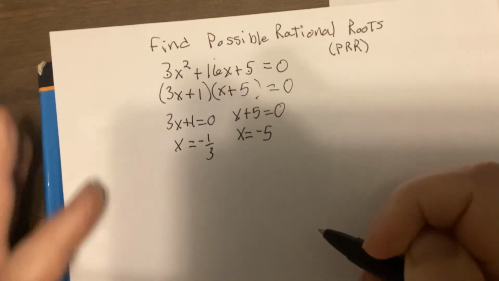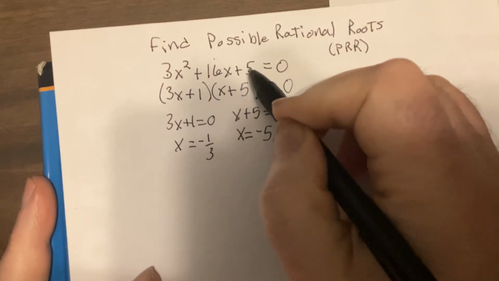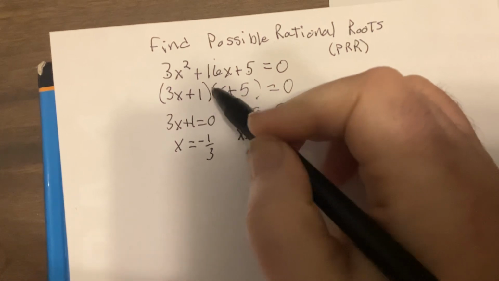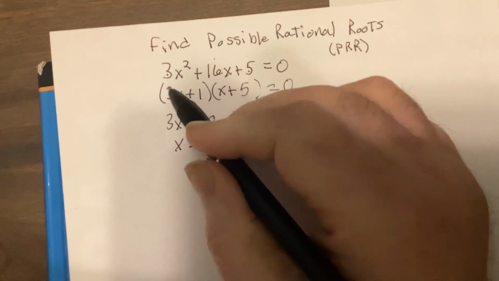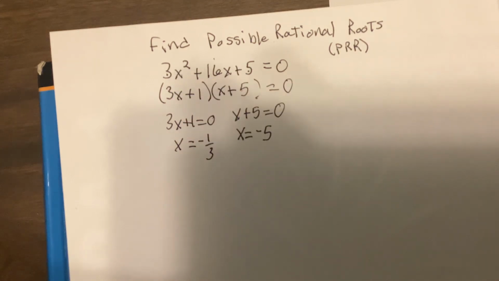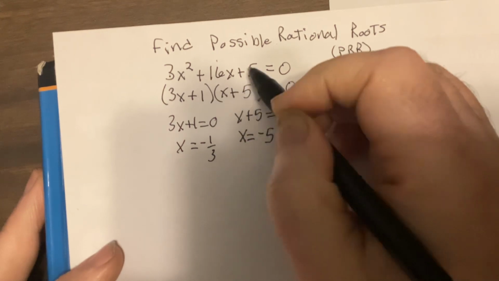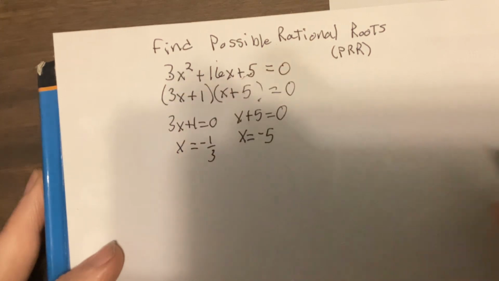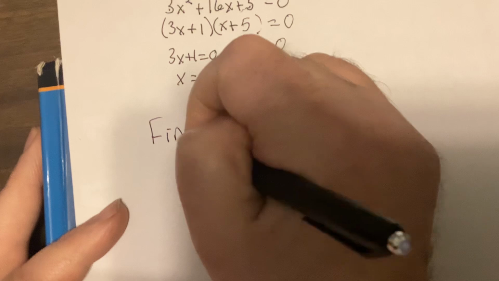But what's important about this is that the answers have to be factors of this with this, or it couldn't work. Because it has to be this and this is this, this and this multiplied together is this. So I know not to try 7 because 7 isn't a factor of 5, and it's not a factor of 3. So to find the PRR,